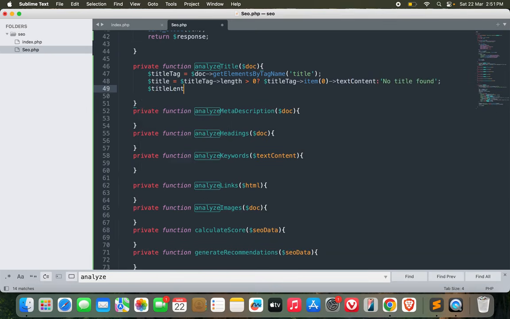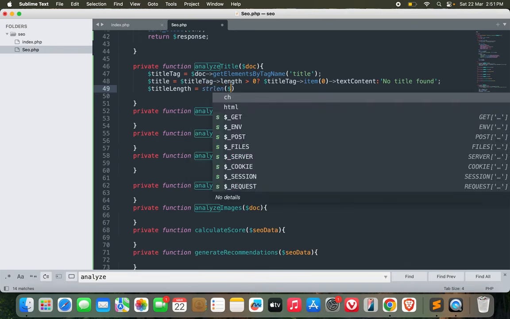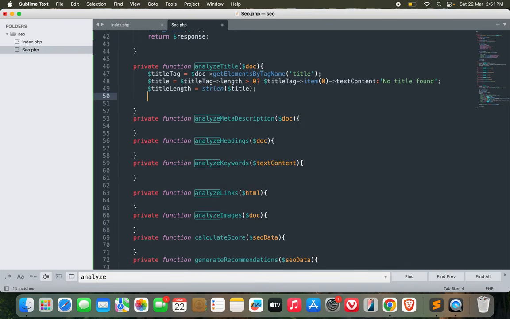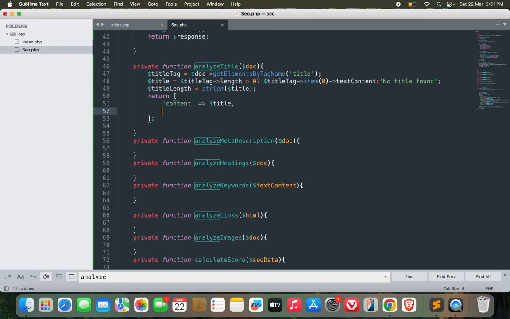Title length, I mean the character count in the title, would be strlen, string length of the title. Return content could be title, length could be title length,